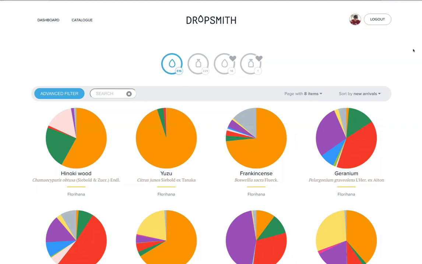So here is the first page when you enter it. This is what it looks like. It brings you right to the catalog. I'm just putting it somehow so I can see you as well. And so on this page, you have several things to look at right away. At the top,